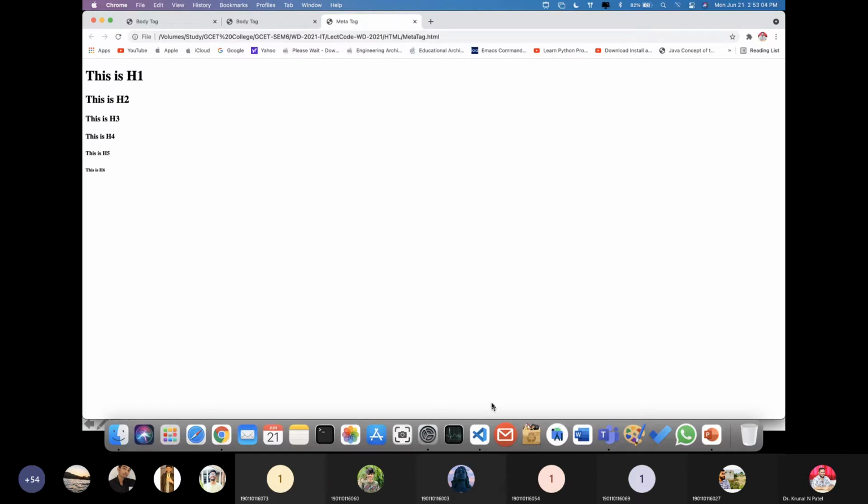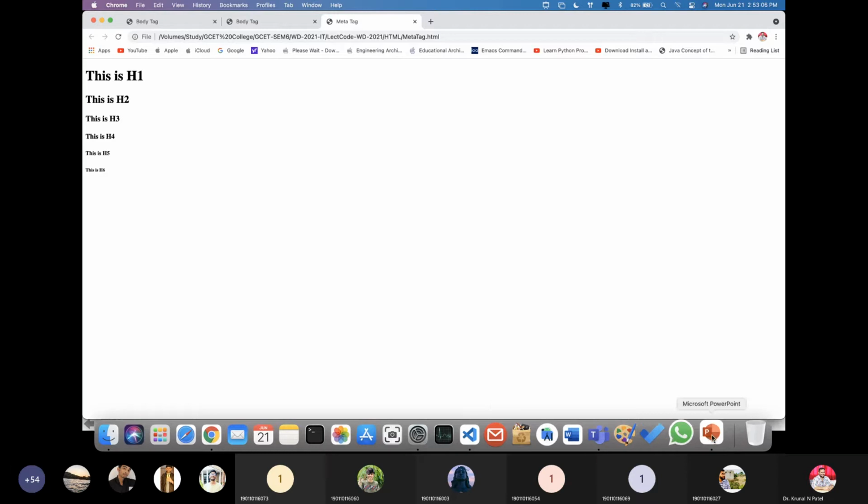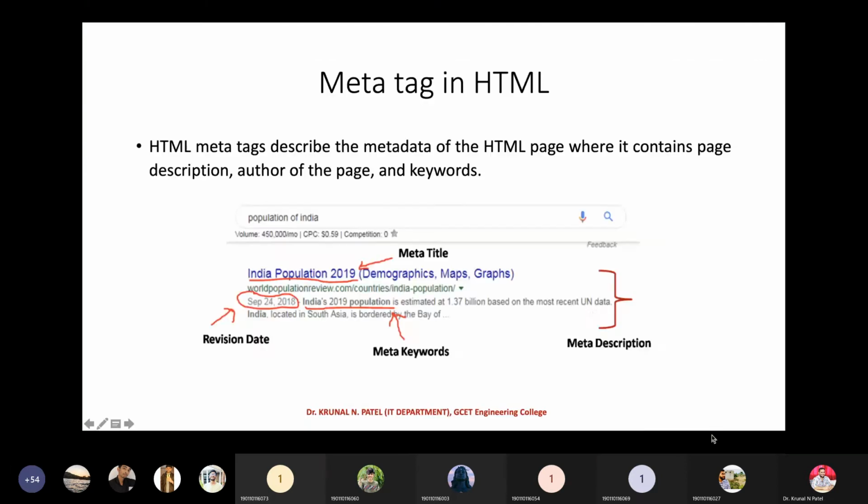So I hope you all are clear with the meta tag. I have put all the possible values you can set here. If anything is remaining, we can use it according to our requirement, but this is just for the explanation: what is the meta tag, a detailed explanation of the meta tag.